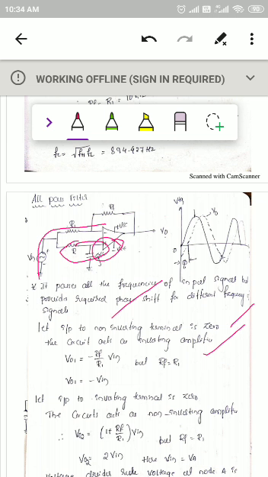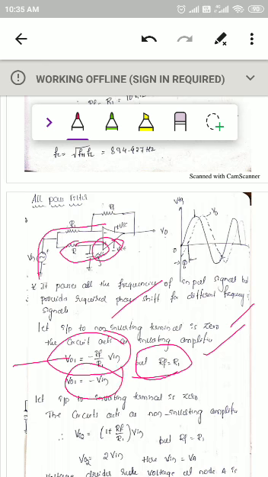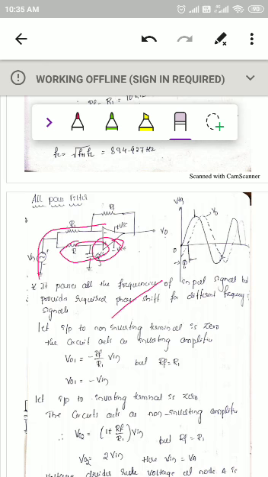For an inverting amplifier, the output voltage is minus Rf divided by R1 into Vin. I am taking the output of the inverting amplifier as VO1, that is minus Rf divided by R1 into Vin. But Rf is equal to R1, so choose the resistances such that the gain is 1. That is why you choose Rf equal to R1, so VO1 is equal to minus Vin. Okay, so this is for when the input to the non-inverting terminal is 0.